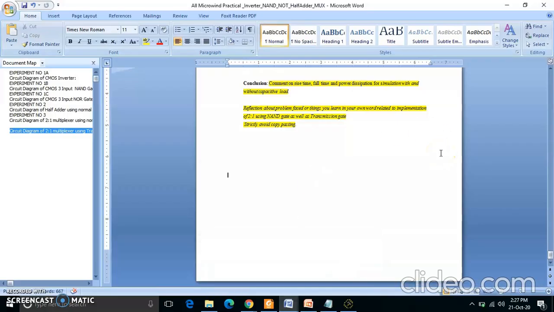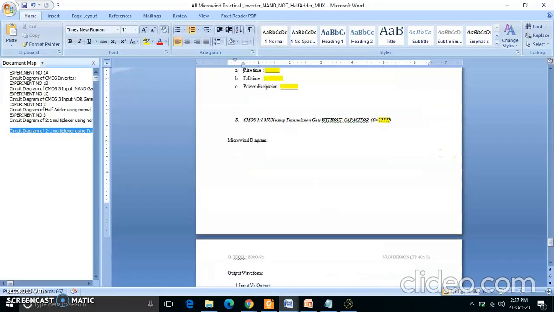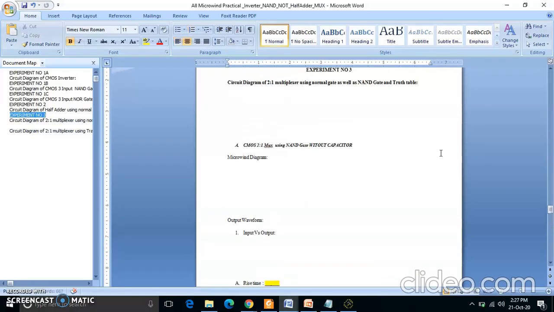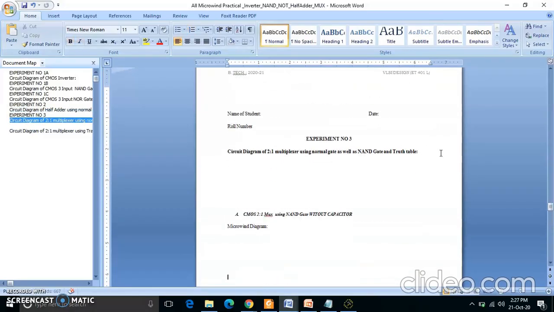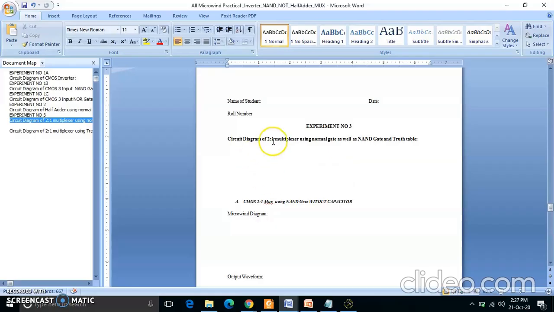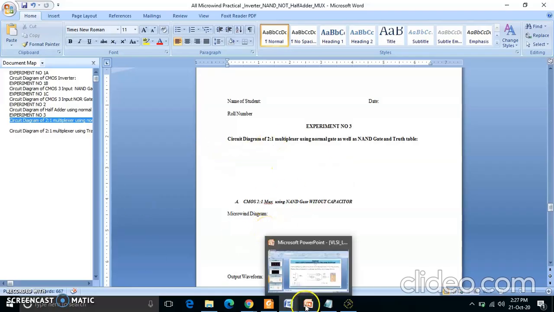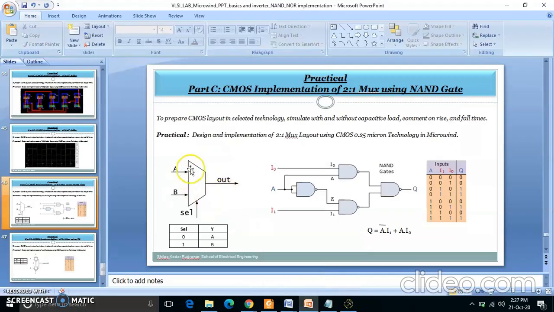So here is the format of this particular thing. Using transmission gate and NAND gate you need to implement 2:1 MUX. So this is the 2:1 MUX. Here you need to copy your diagram. That is, which diagram? You are able to see this MUX diagram using NAND gate, that you need to copy